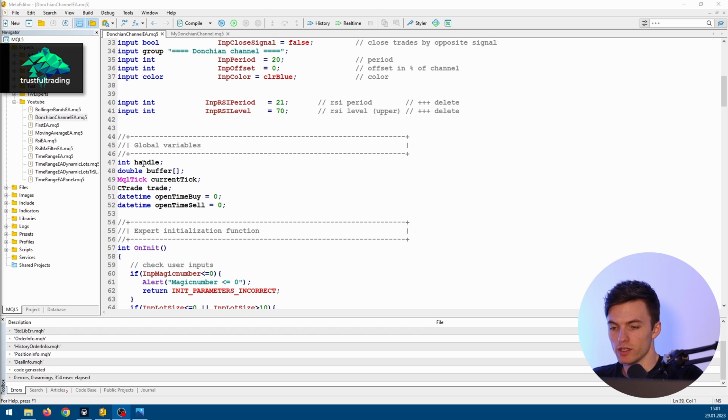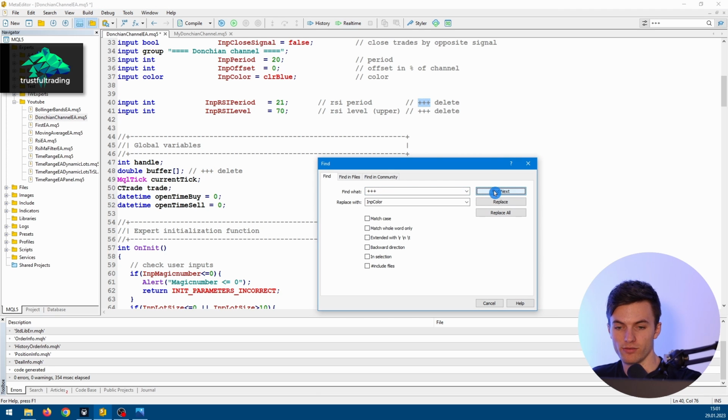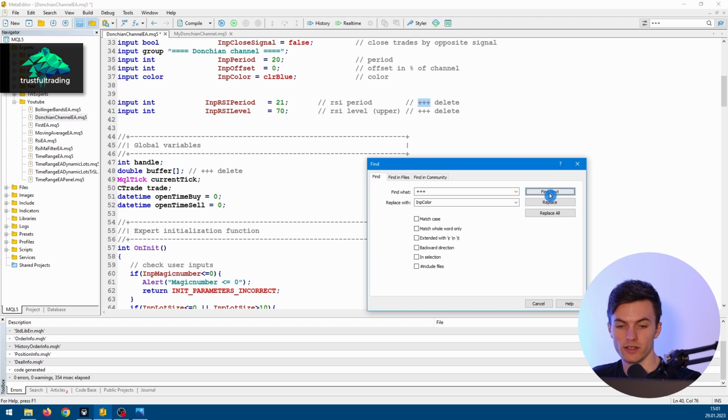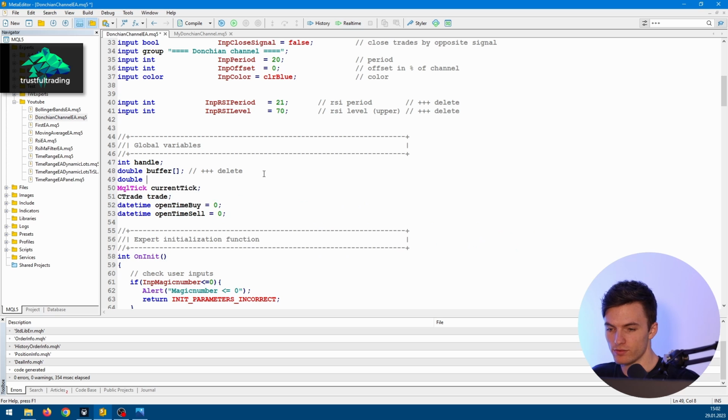So again, we will have a handle for our custom indicator. We will have now two buffers. So let's just write a comment here after the buffer. Delete. And I just use these signs here so I can press Ctrl F later and find the lines where I have to edit a few things or delete in this case. Okay, so we will delete this buffer later,